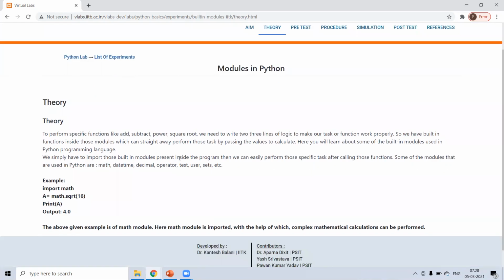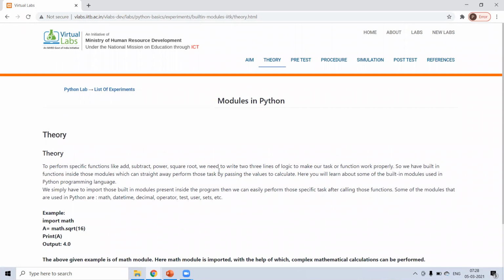For example, if you want to do some mathematical operation, just import math. In math, there are some predefined functions, like for square root, sqrt is defined. If you want to print the square root of 16, first import math, then use dot sqrt, and it will automatically take the square root. So this is for math.